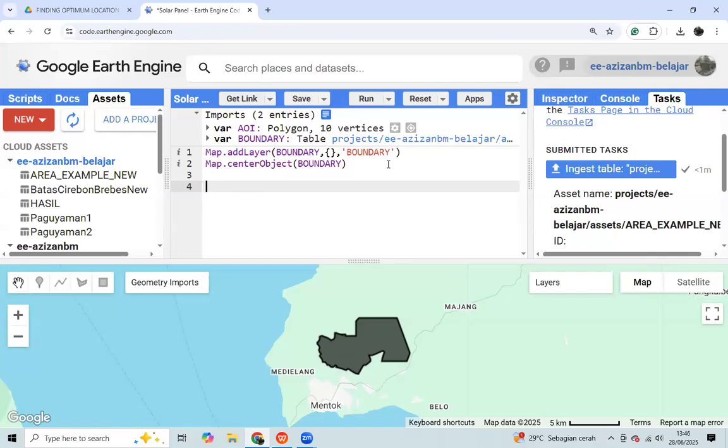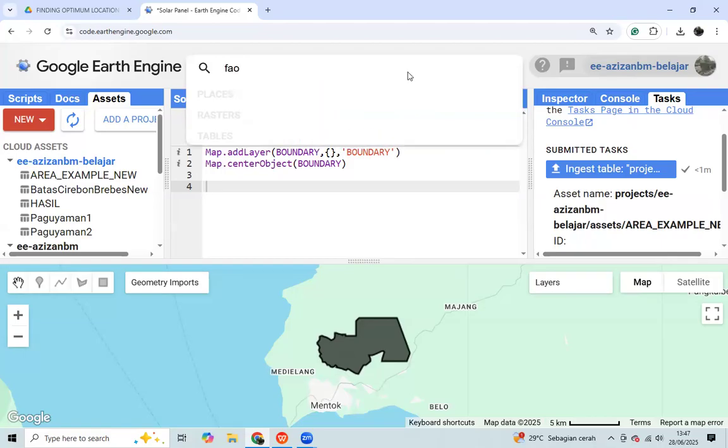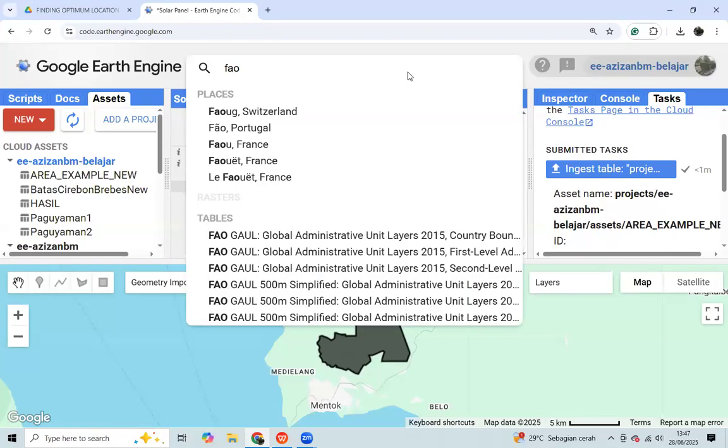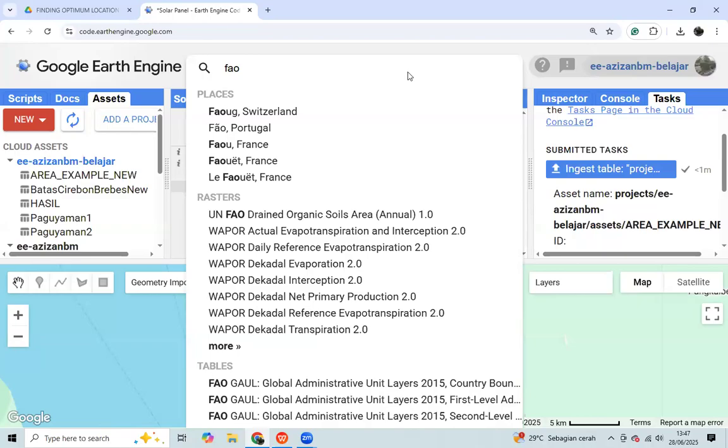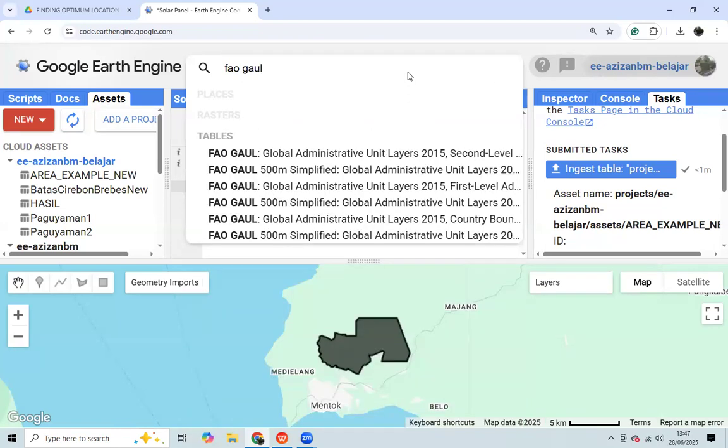The name of data is, and then we click enter.